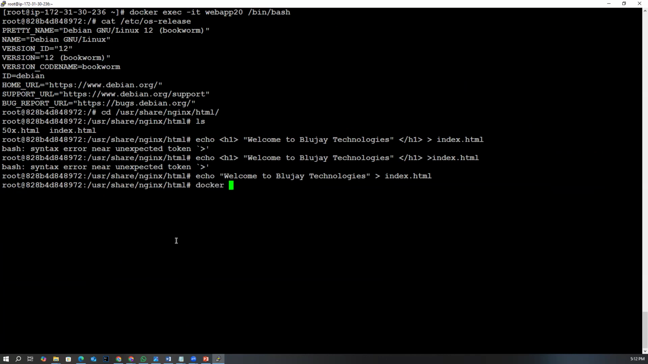docker run -d --name=web-app-21 --mount source=new_vol, destination=/usr/share/nginx/html